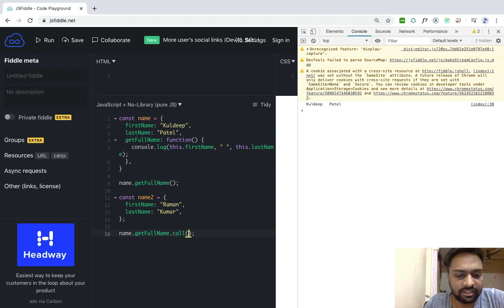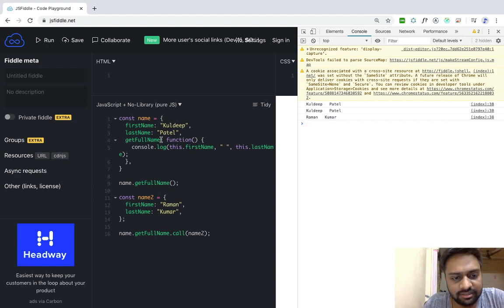The first argument in call refers to the reference of the object on which we want to call this getFullName function. So here reference would be name2. I will be calling getFullName on name2 object. Okay, so let's run it and see what happens. If I run it, I can see Raman Kumar is printed now. So this is how call method can be called.